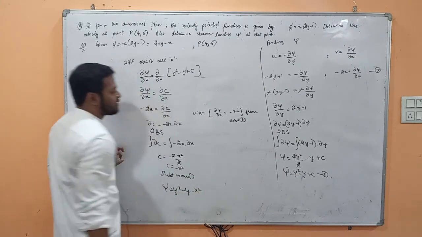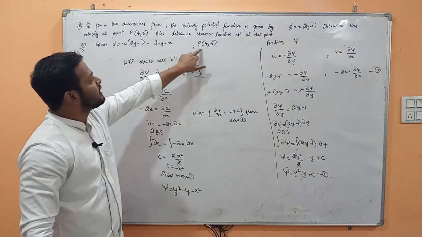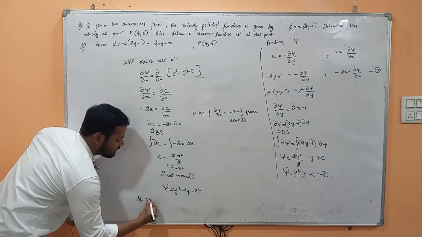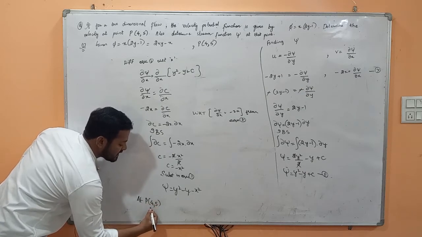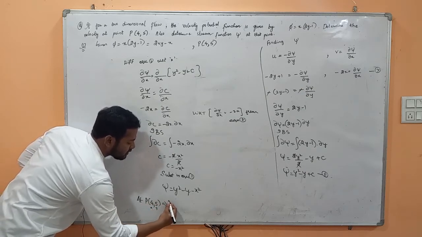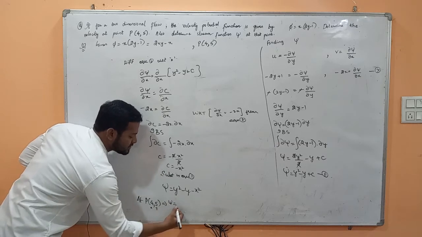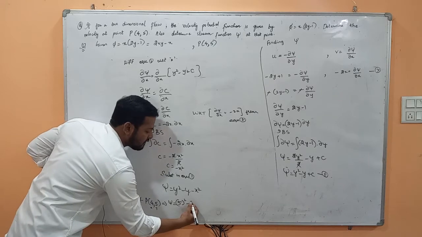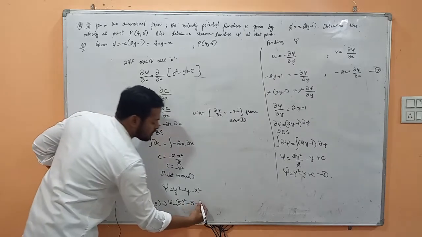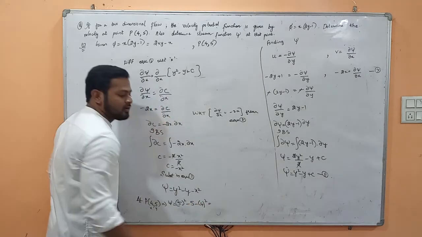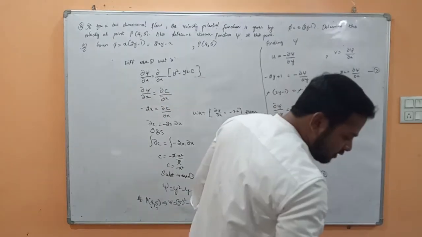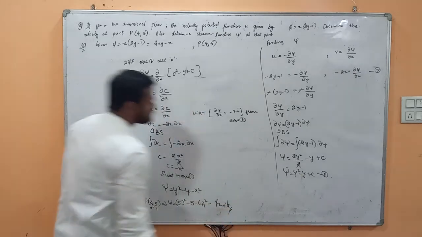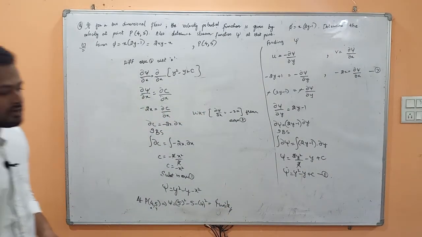You have to find this at point P 4 comma 5. 4 comma 5 is given in the question. So at P 4 comma 5, which means x is 4 and y is 5, what will this equation become? y square is 5 square minus 5 minus 4 square. You can find this value in the calculator, and that comes out to be 4 units. Okay, 4 units. I will be taking the next type of question.